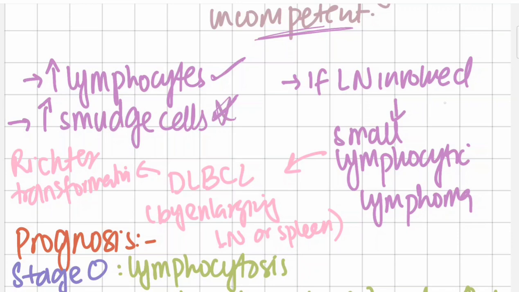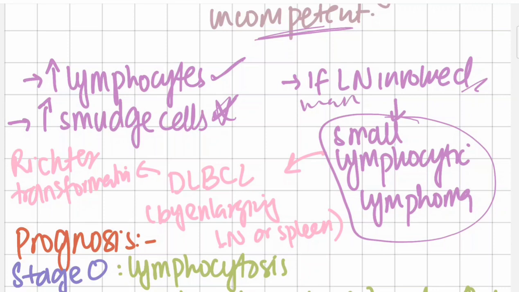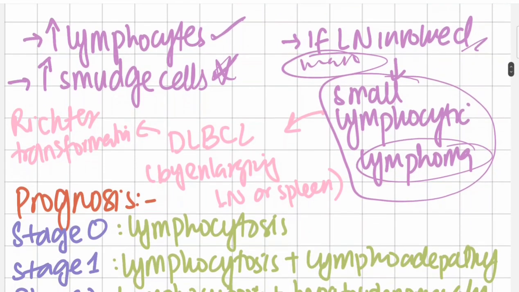Important, you need to know this. And of course, lymph nodes are going to be involved. If they are involved, then it is called a small lymphocytic lymphoma. Of course, it is going to form a mass, and when there is a mass, it is called a lymphoma. And if it becomes a small lymphocytic lymphoma, it is then going to progress to diffuse large B-cell lymphoma,